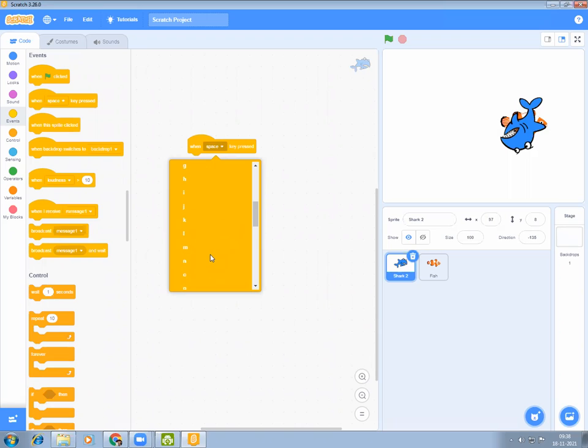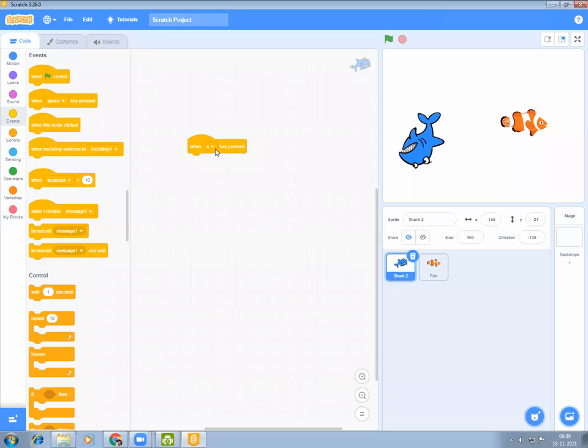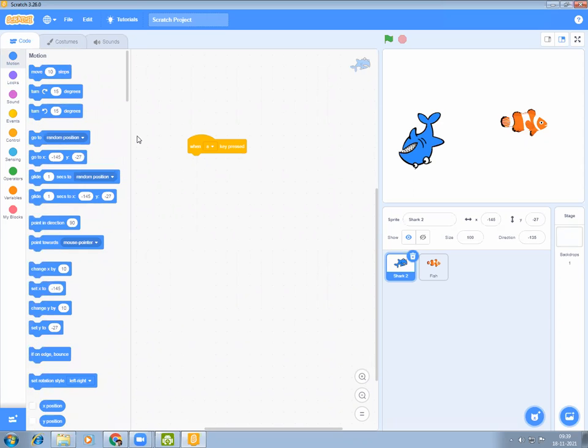All the English letters and numericals are given here. Numerical 0 to 9 and A to Z are given along with the arrow keys and space key. So to give a command, you can say that by clicking on the A button on the keyboard, the shark moves 10 steps.